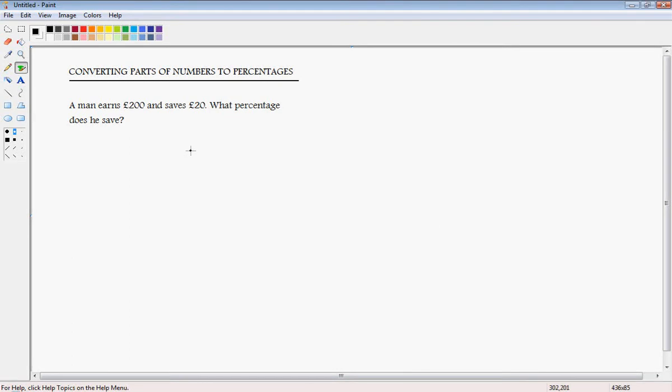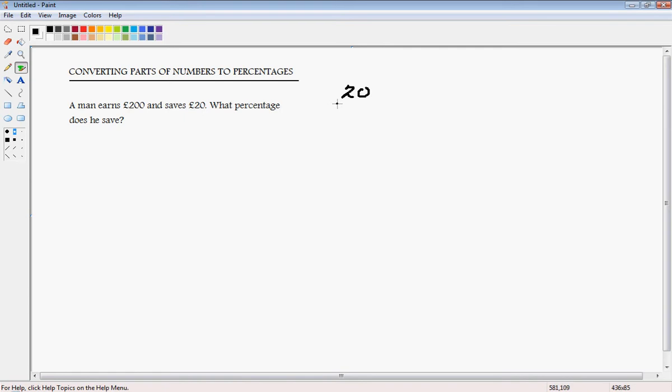Okay, so converting parts of numbers to percentages. Okay, so we have a question here. A man earns £200 and saves £20. What percentage does he save? Now, what we need to understand first off is if he earns £200 and he saves 20, then he's saving